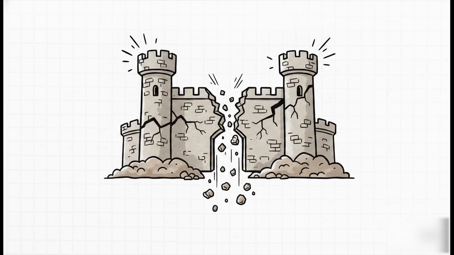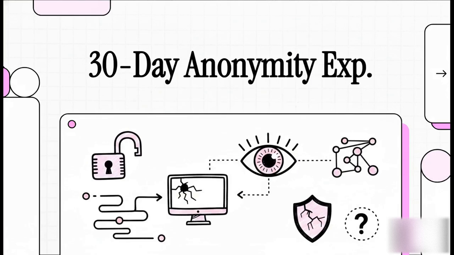But you know what? It broke on day 3. And then it broke again on day 11, and day 19, and day 26. This explainer covers the full 30-day experiment from top to bottom. We're going to look at the extreme setup I used, the exact moments where my anonymity failed, and precisely why